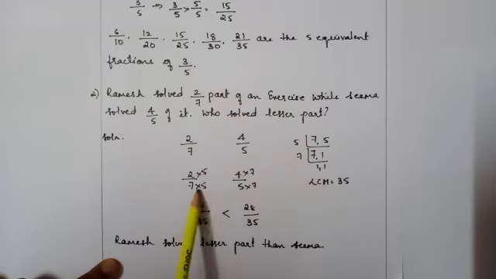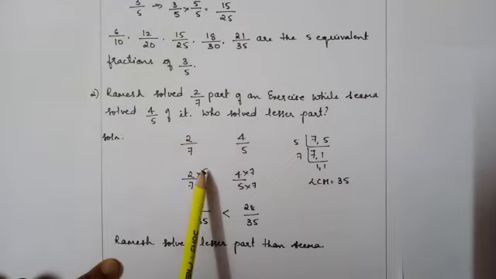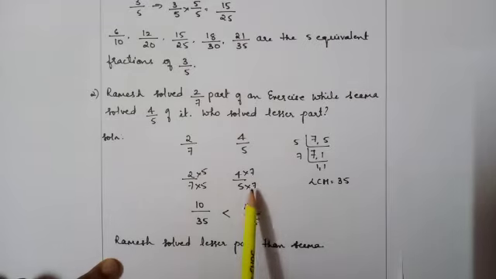So 7 5s are 35. So whatever the operations I do for the denominator, the same operation should be done for the numerator. So into 5 in the numerator also. Okay. Then coming for the next fraction. 5 sevens are, it is 35.